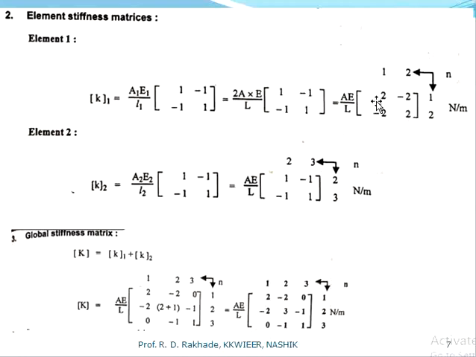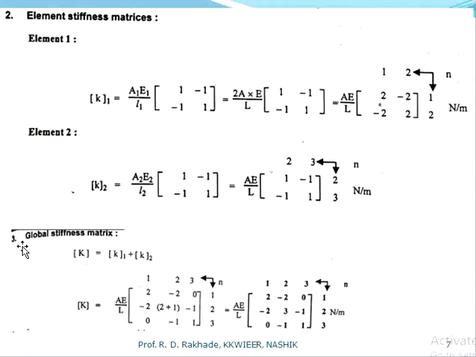The size of the matrix is 2 by 2 because it has two nodes. So the positions are 1 1, minus 2, 2 1, likewise 1 2 4, 2 2 2. We can determine the element stiffness matrix for element 2 also. Just put the value of A2 equal to A, and the remaining terms as it is. This is node 2 3, node 2 3.